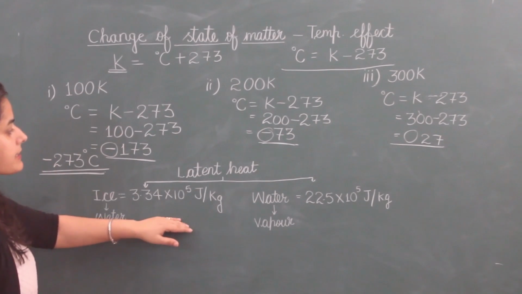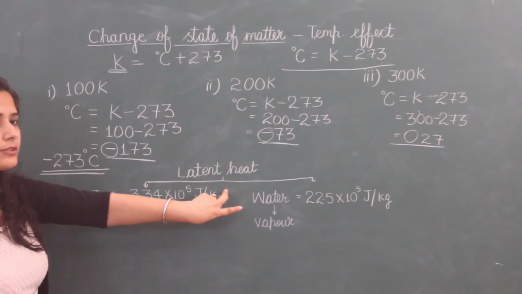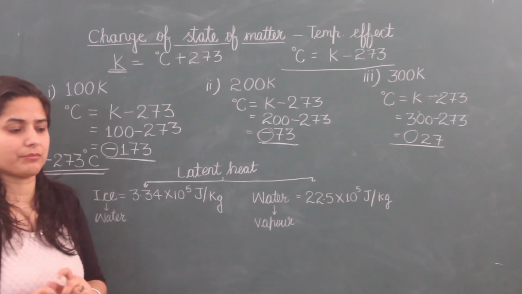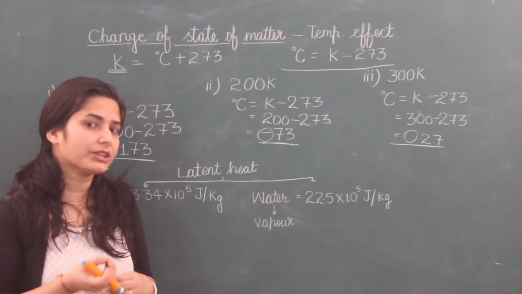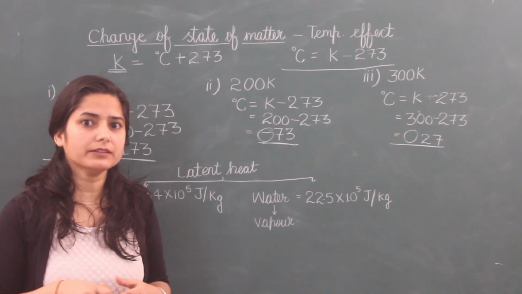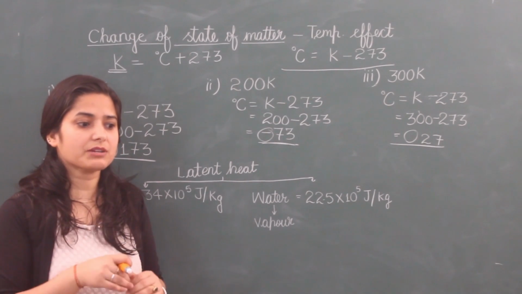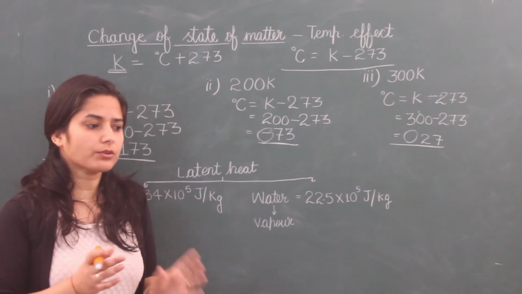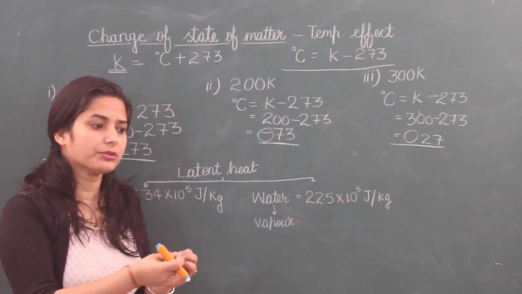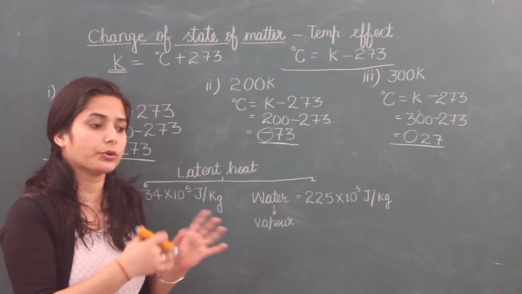Now this is over. Next was latent heat. Latent heat, I told you, is hidden heat and its value remains fixed. Temperature does not change on it. So I am just taking one example. If I give you something to eat like toffees, chocolates, ice cream, and you eat that, nobody can see that you have ice cream. But after some time, when you don't want to eat more, then what happens? You want to return that. I will give you, you will collect it, and then only that ice cream will be shown to others.